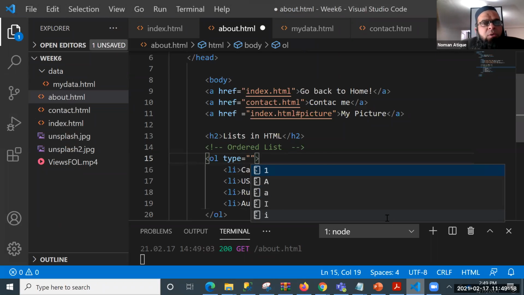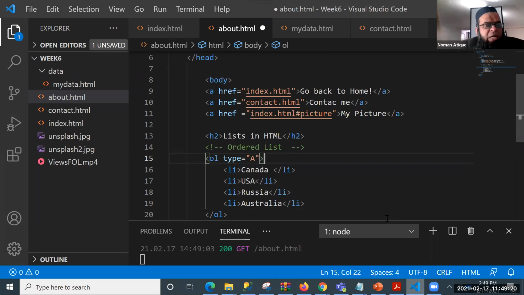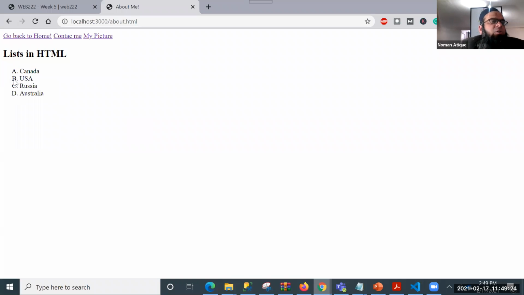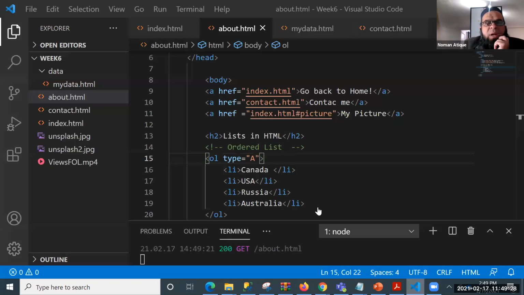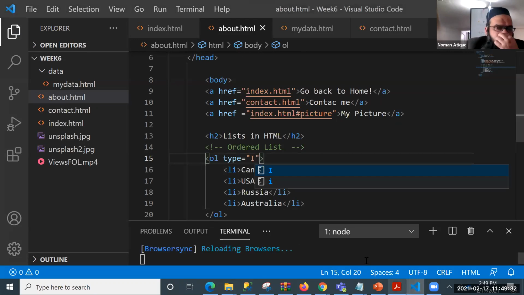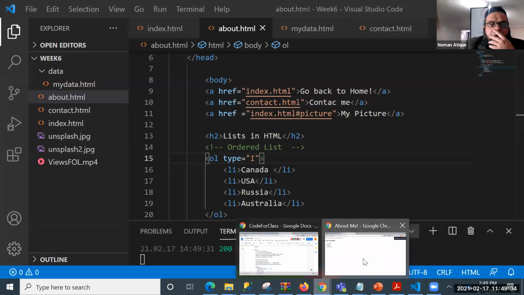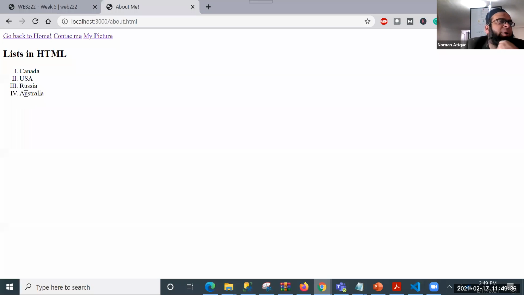Type equal to A. If you do type equal to A in OL, you will see that your list changes to ABCD. If you want a Roman numeral, you can just write a Roman I or capital I. This will become a Roman numeral.